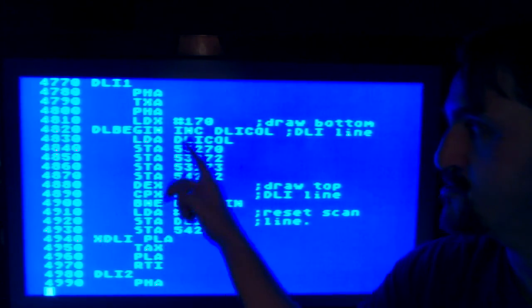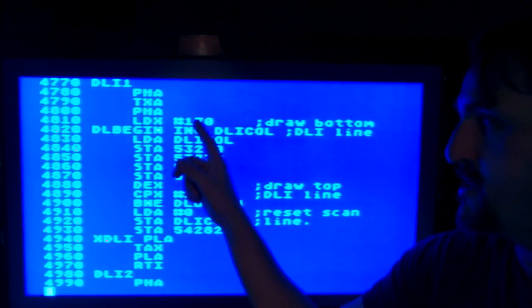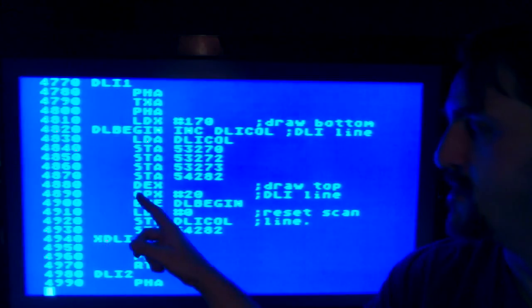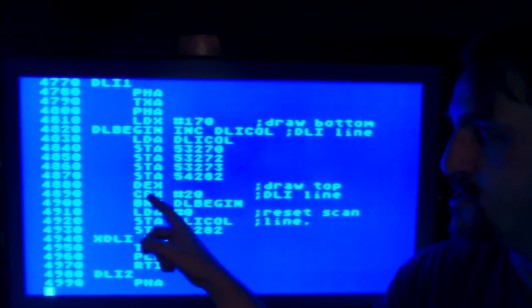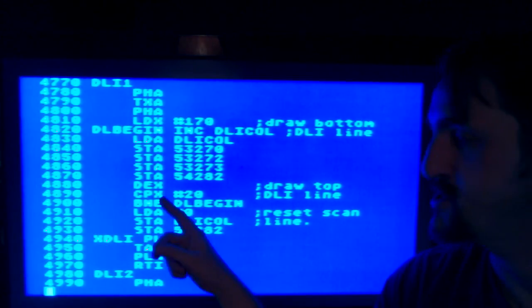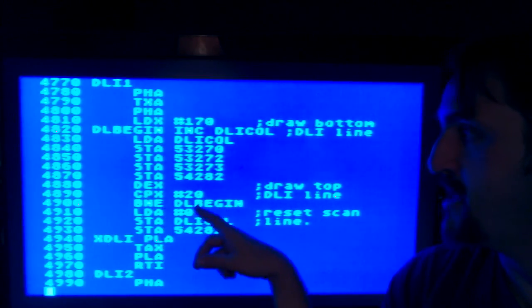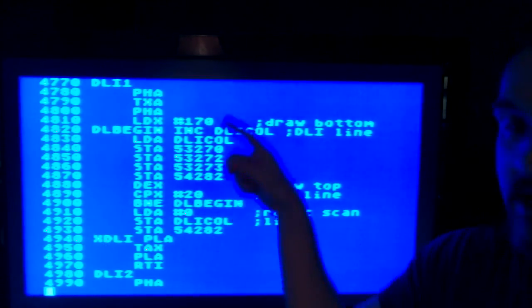So it's called decrementing the X register, because notice up here you set it at 170. As you're decrementing, that means it's going down, it's backward. You want to compare the X register. Anytime you use an X, always follow with the appropriate comparison. And I'm checking to see if it's at the 20th scan line. And if it's not, it's going to keep doing this loop, so it's going to allow those colors to cycle